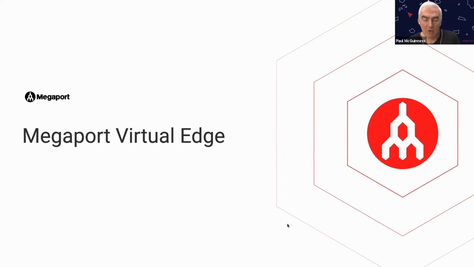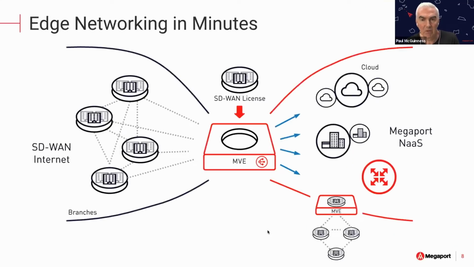We'll just do a level set on the Megaport Virtual Edge, and we'll explain what it is and why we're talking about the different SD-WAN vendors. Okay, so this is showing where the Megaport Virtual Edge fits in. So the MVE is basically a hosting SD-WAN virtual device capability. So here we have it in the center. On one side of the Megaport Virtual Edge, we have an internet-facing interface. On the other side, we have an interface on the private Megaport network as a service.